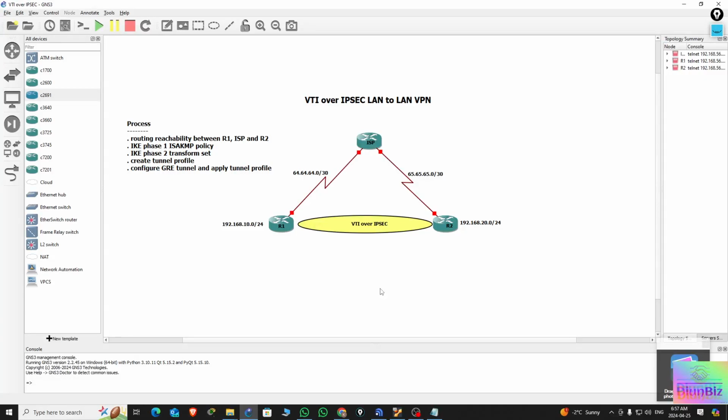So today we're going to build another VPN. It's going to be a LAN to LAN VPN as usual, routing traffic from the 192.168.10.0 to the 192.168.20.0. So it's going to be a VTI over IPSEC LAN to LAN VPN, which means on the tunnel we're